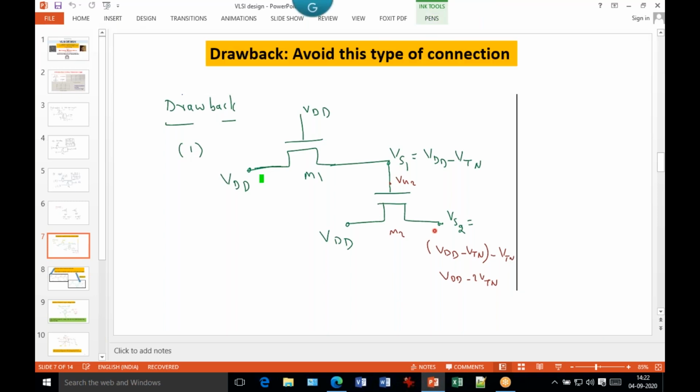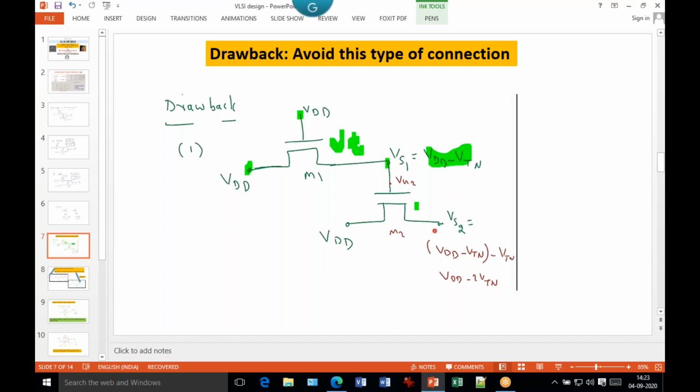So actually in pass transistor logic, there is the problem that the output is not a full swing. If your input voltage is 5 volt, your output is not getting a full swing. There is something that degrades the output voltage. So here you observe carefully. If this is VDD, and this node's output voltage is VDD minus VT. What is VT? VT is the threshold voltage of this transistor.